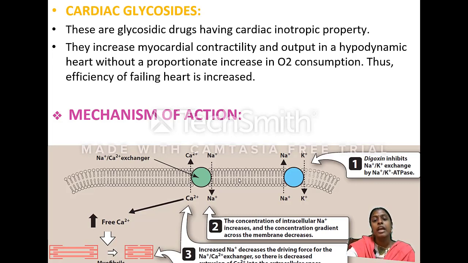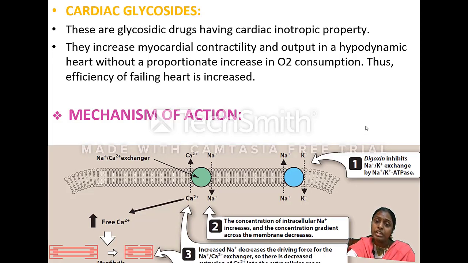And the next one is, it will increase the concentration of sodium ions inside the cell, and it will also maintain the calcium levels inside the cell. When there is a moderate calcium level, yesterday in the introduction I told, when calcium level is increased, it will continuously increase. The sarcolemma will take in more calcium, and when it takes more calcium, it will contract more, isn't it? That's why it will maintain everything at a medium level.